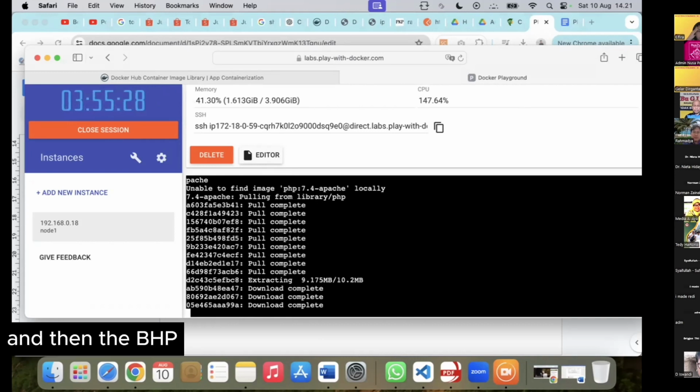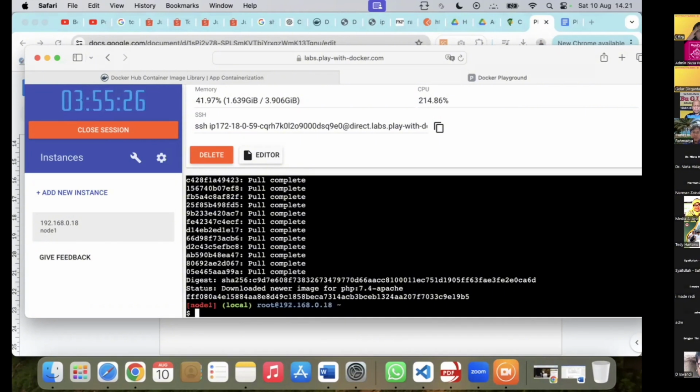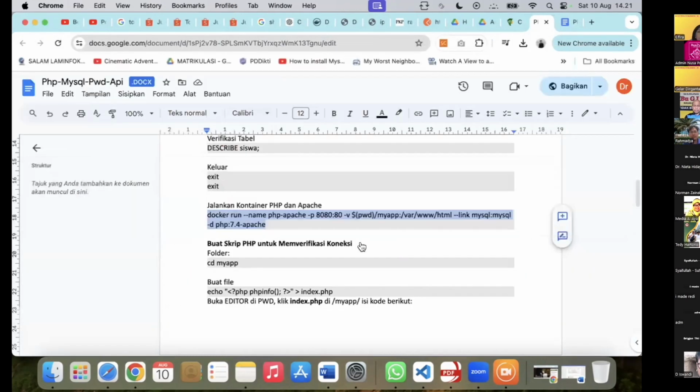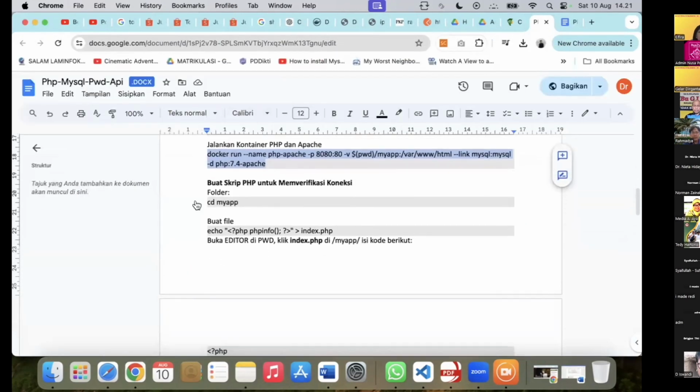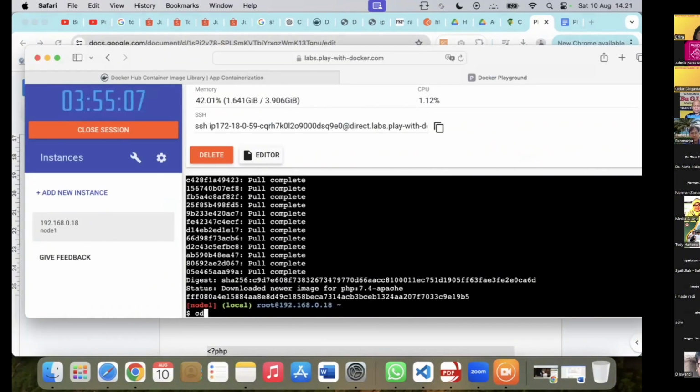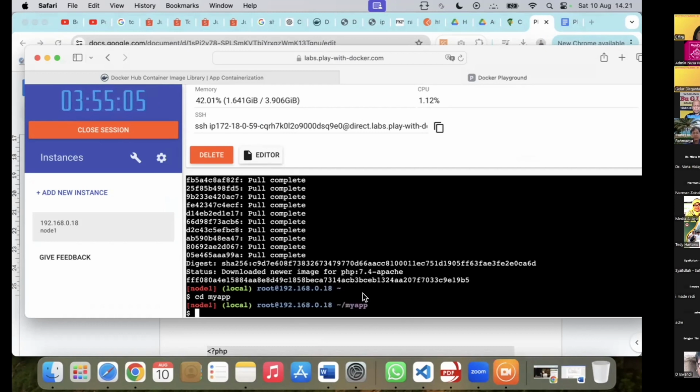And then the PHP Apache. Other software for PHP, for example, Nginx, and also Apache. Apache is famous, usually installed together with a database server, MySQL, MariaDB, and so on.